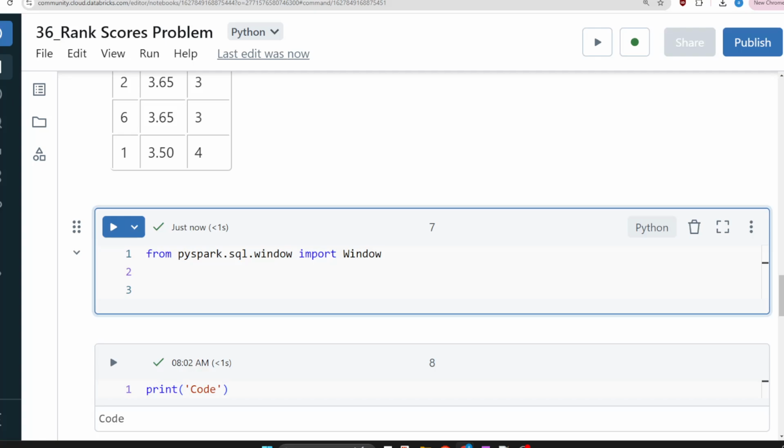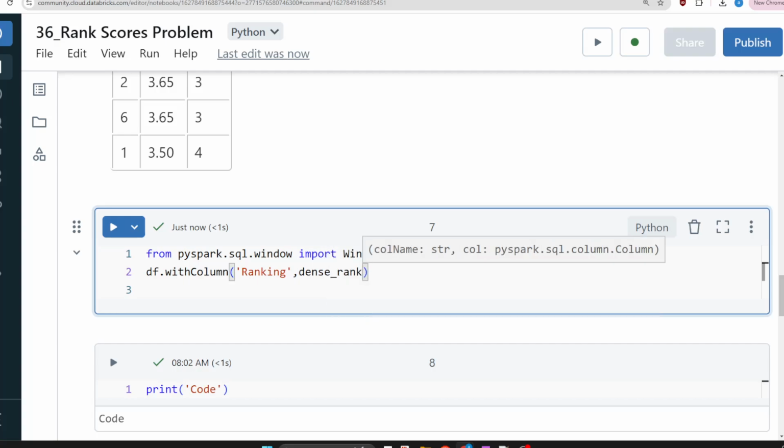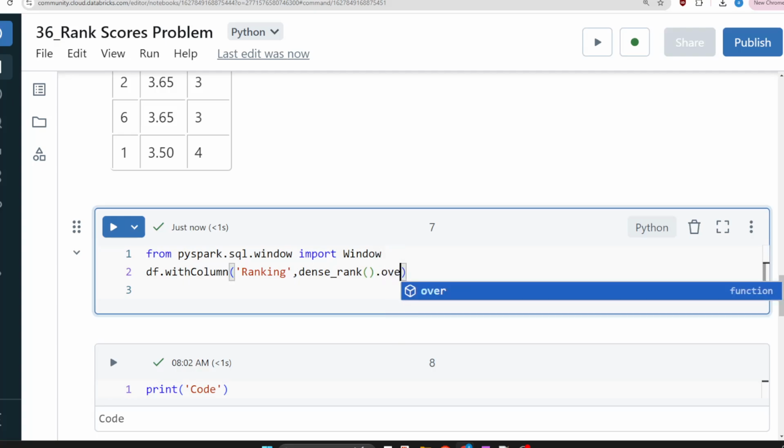In this case, we have to apply the rank function, right? So df dot, we have to create the new column, right? So withColumn, the new column will be ranking, correct? And we have to apply the dense rank, right? See, it is giving dense rank, and over we have to apply